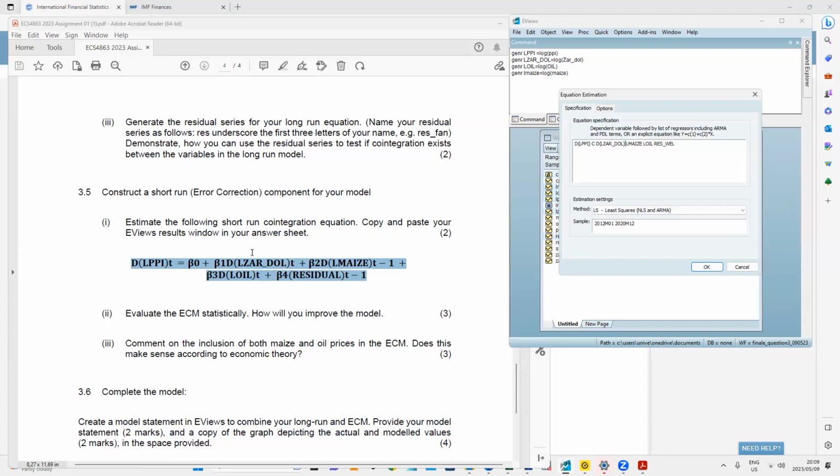I also have DL maize. So I will do the same. D open bracket,